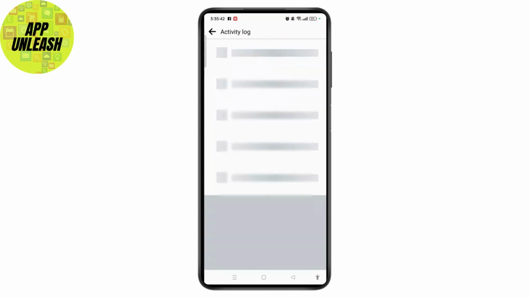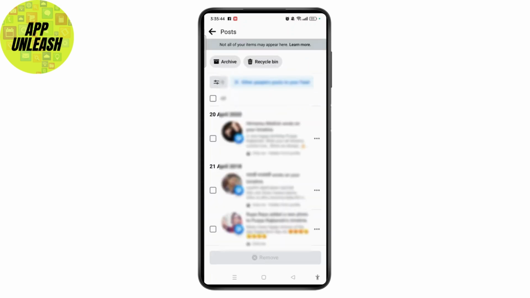Open it. And now on this post section you will get all the posts that have been made by other people on your feed or your Facebook timeline. So in order to reply to all birthday wishes on your Facebook timeline, you just have to select the birthday